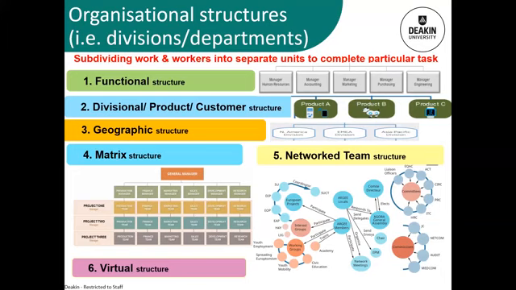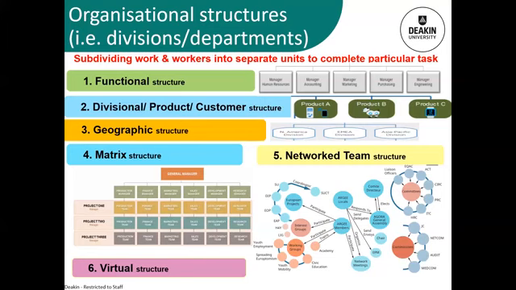And number 5 is the networked team. And this is a more modern view where people are connected by way of the information rather than their particular job role. And technology helps to facilitate that kind of network of who we know and what we do and who we connect with, so that we can work in a team. And the team might have a certain function, but they have a whole series of connections of people within and also outside of their organisation. And of course, we use technology, we use Teams meetings, we can email each other, we're using Zoom right now, and so on.